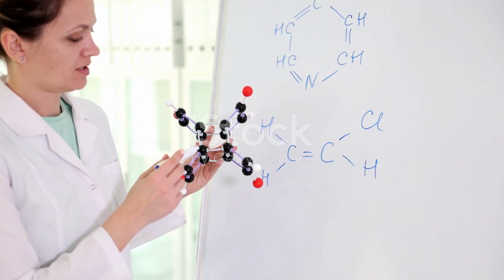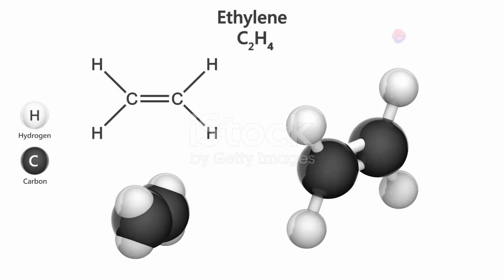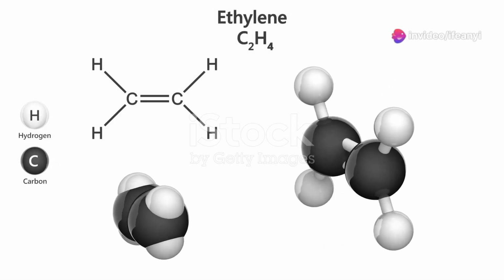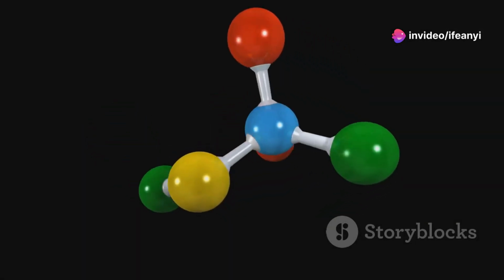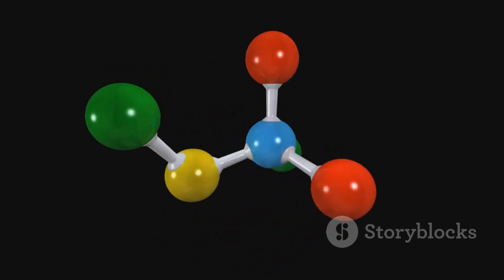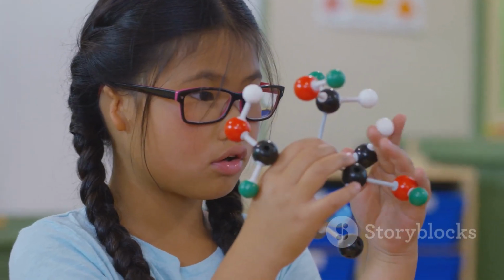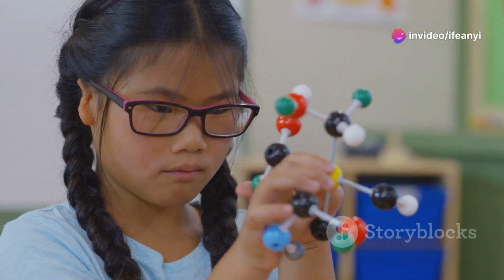In the world of organic chemistry, the concept of unsaturation is paramount. It distinguishes alkenes from alkanes, dictating their chemical behavior. Unsaturation refers to the presence of double or triple bonds between carbon atoms within a molecule. Alkenes, with their characteristic carbon-carbon double bond, are classified as unsaturated hydrocarbons.